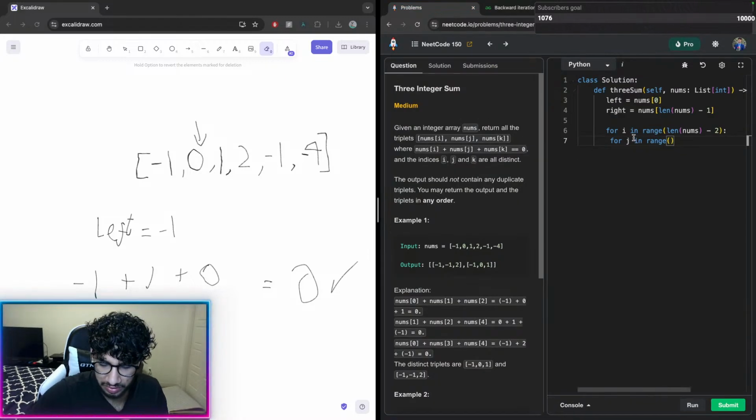For j in range, our starting point is len nums -1. So yeah, I kind of already set the right pointer to that though, so yeah, let's just go len nums -1. No, we'll start it at len nums -2. We'll start at len nums -2, and then we just do our backwards thing. So